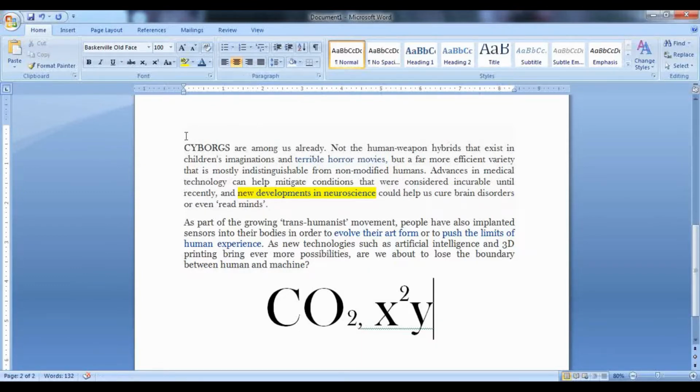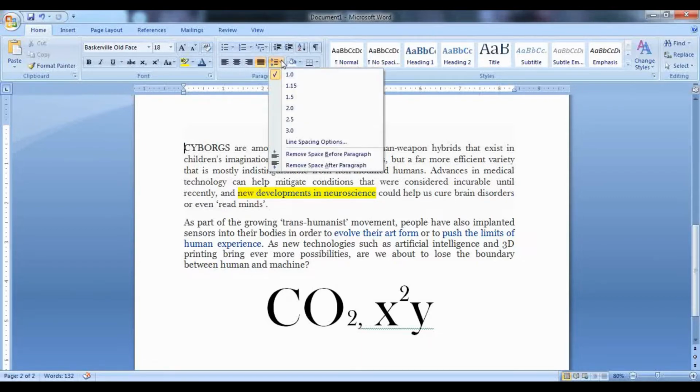Now let us learn the next topic, that is line spacing. How do you change the spacing between the lines of your content? Right now, if you see the space between the lines, I'll just increase the space and show you. Right now the space is 1.0.